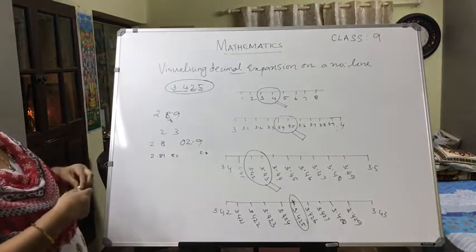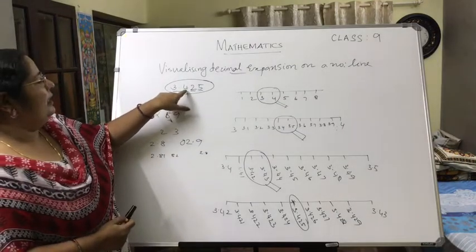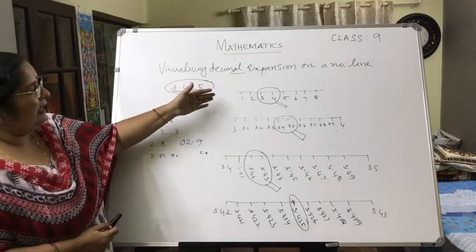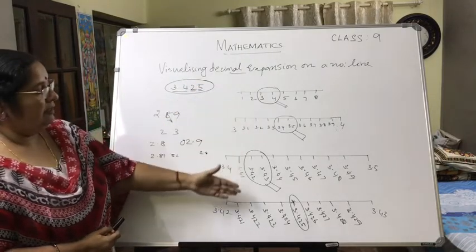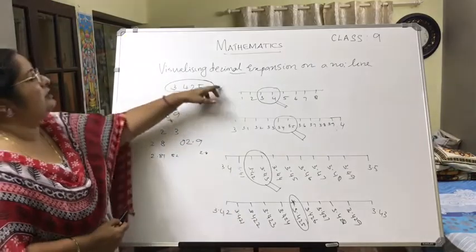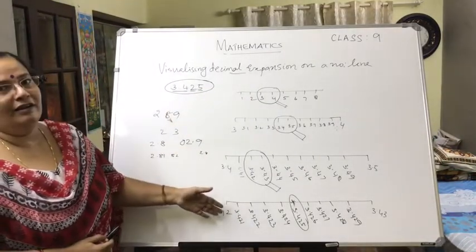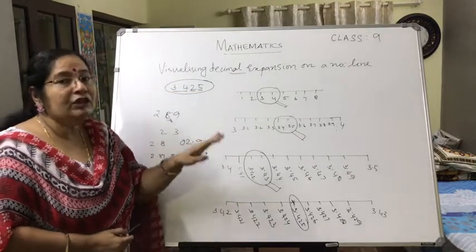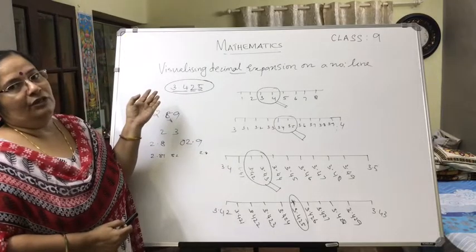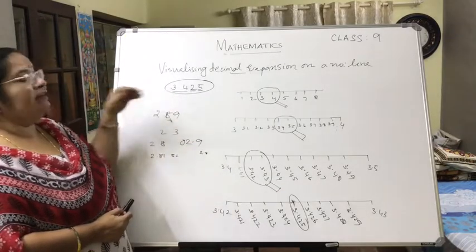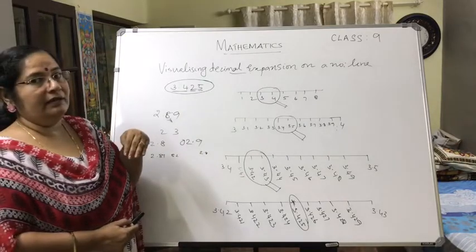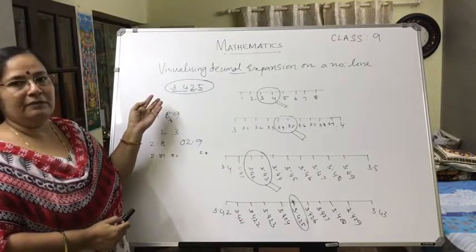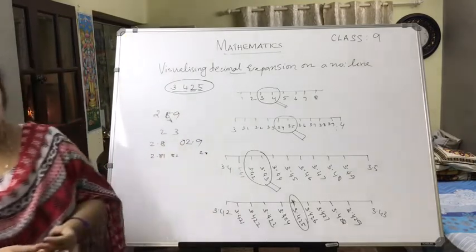So clearly here we can see you are having 3 decimal places. So in the number line, how many number lines have you drawn to reach this particular representation? 4. So 3 places are there, you require 4 number lines. In the 4th number line you will get the visualization of the expansion. So suppose there are 5 decimal places, at which step will you get it? At the 6th step you will get the visualization of the expansion. So have you understood?